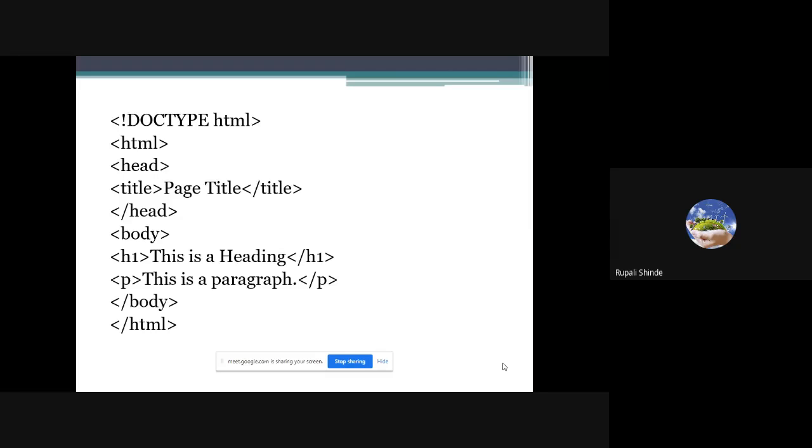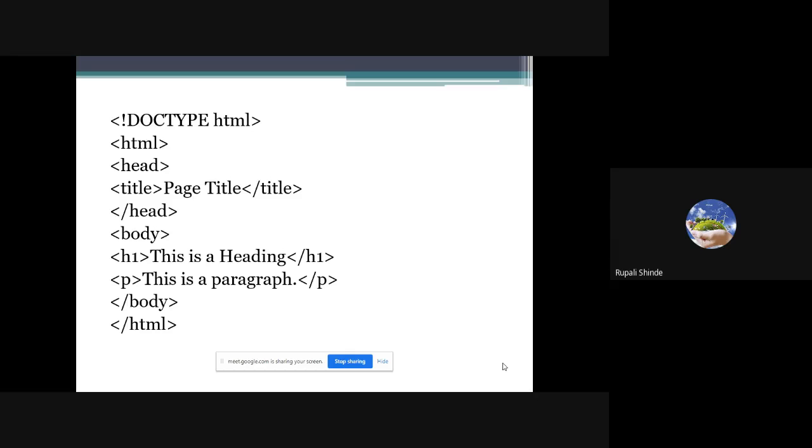But if you want to learn HTML, you have to write in the notepad instead of an additional or advanced editor. You just use notepad, or TextEdit if you have a Mac operating system. But if you have a Windows operating system, you can use notepad.